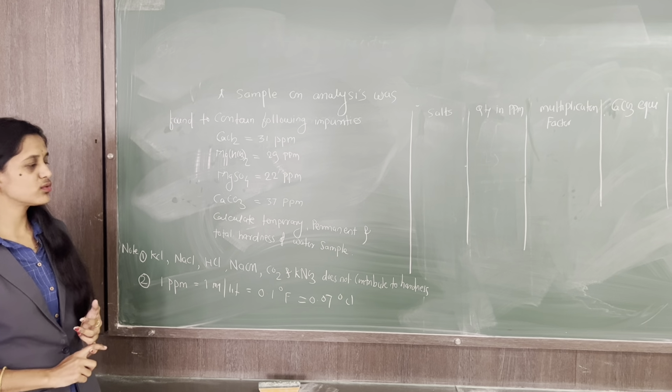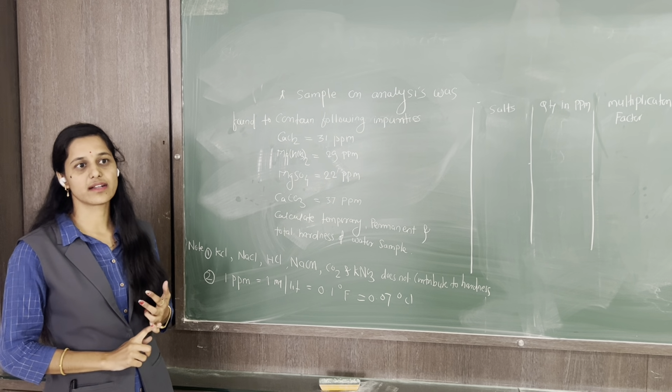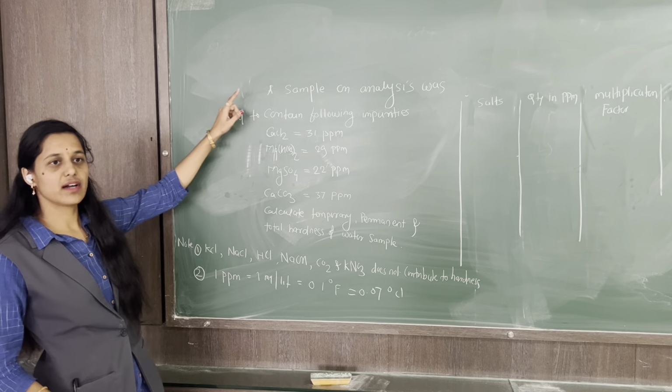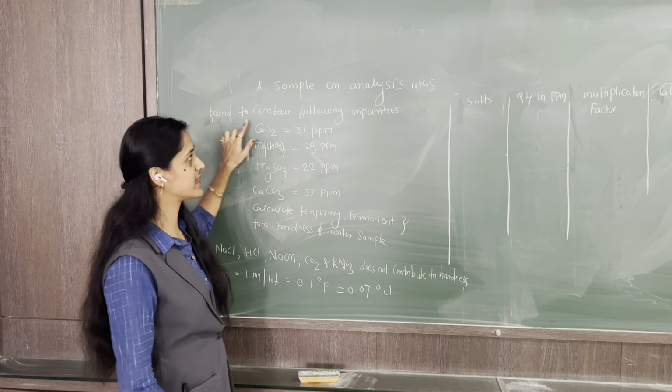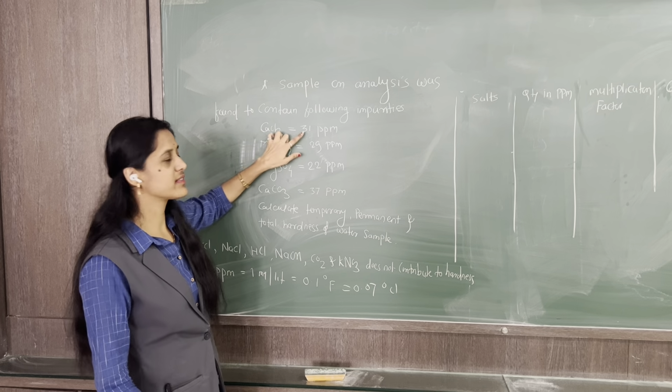Today we'll see how to calculate the temporary, permanent and total hardness of a given water sample. For that we have written one numerical on the board. A sample on analysis was found to contain the following impurities: CaCl2, calcium chloride, 31 ppm,